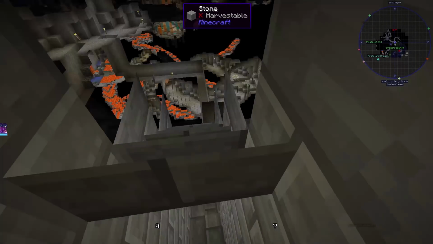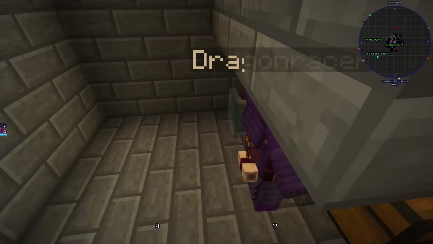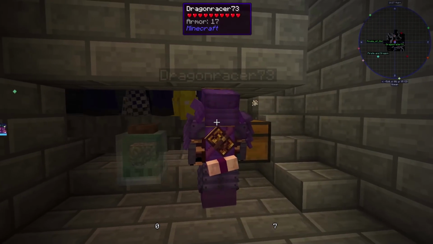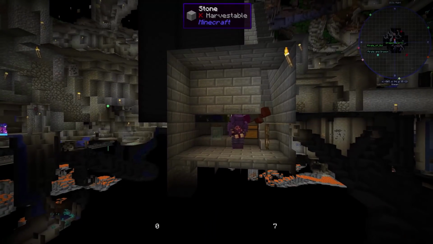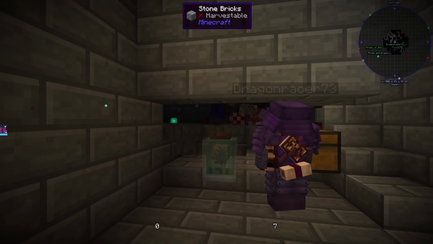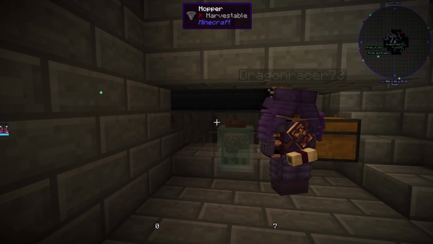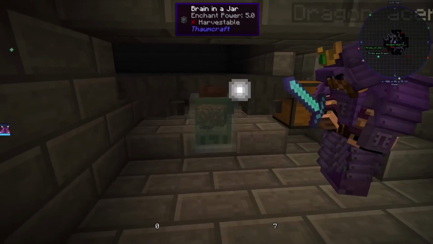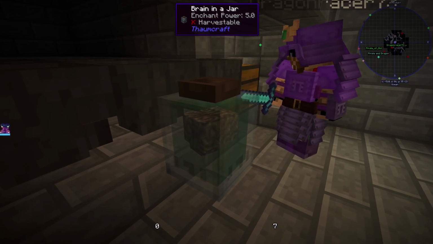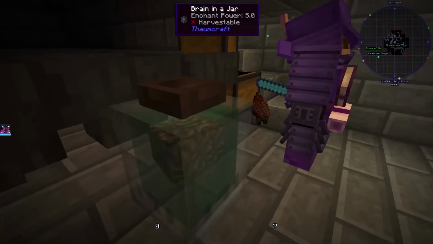I am in spectator mode, and Dragon Racer is showing me. It keeps going down. What are we coming down here for? Oh, it's loud down here. I built a straight drop spawner. Llama actually has a better one using water. You don't have to walk away from the spawner. I'm currently out of range of the spawner for spawning mobs, but I come down here to collect them and